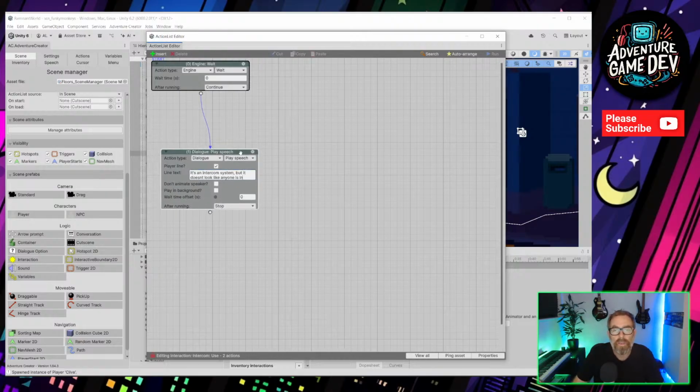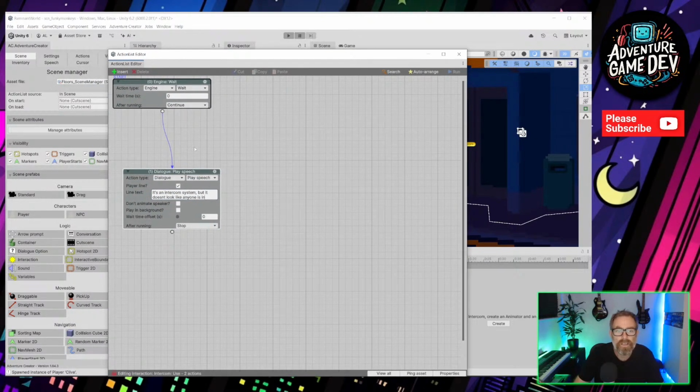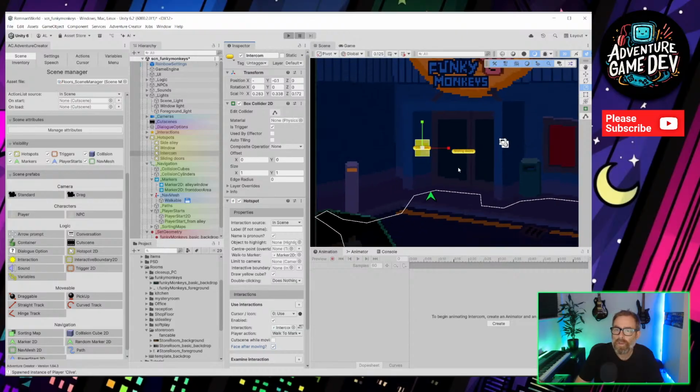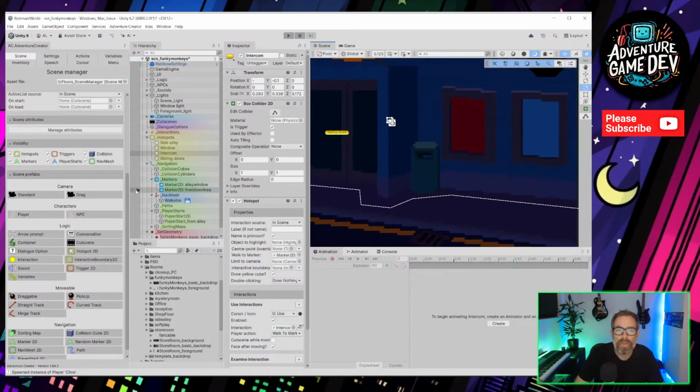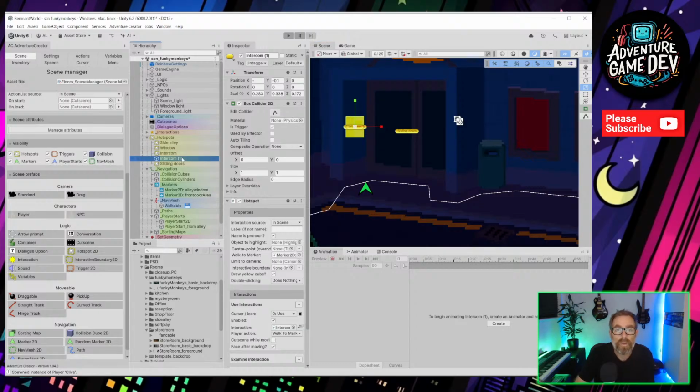And we might link that to a variable about whether they've looked at the light at the side, so that you can choose to press it or not. And we just want to make sure we walk to marker and face after moving. So we'll put the bin in as well. So let's just duplicate the intercom. I'll call it bin.